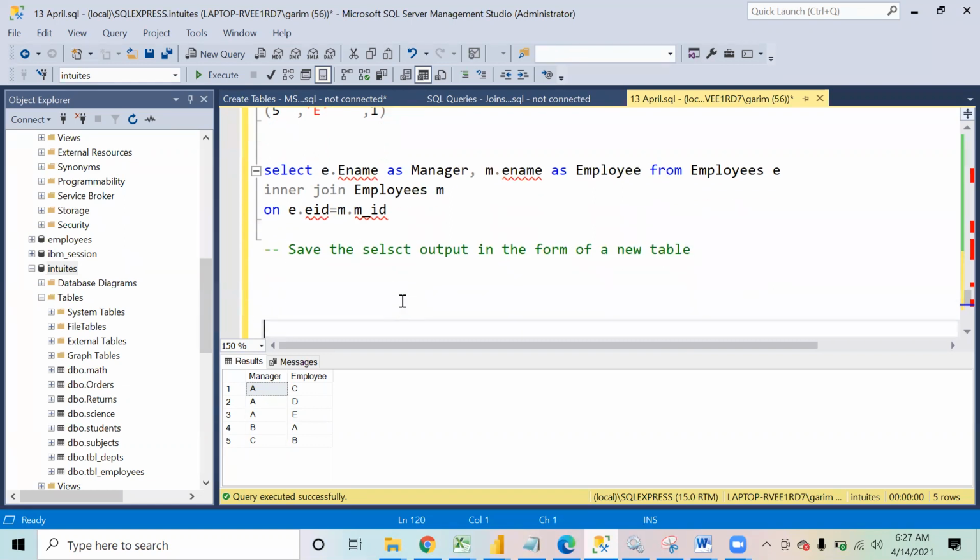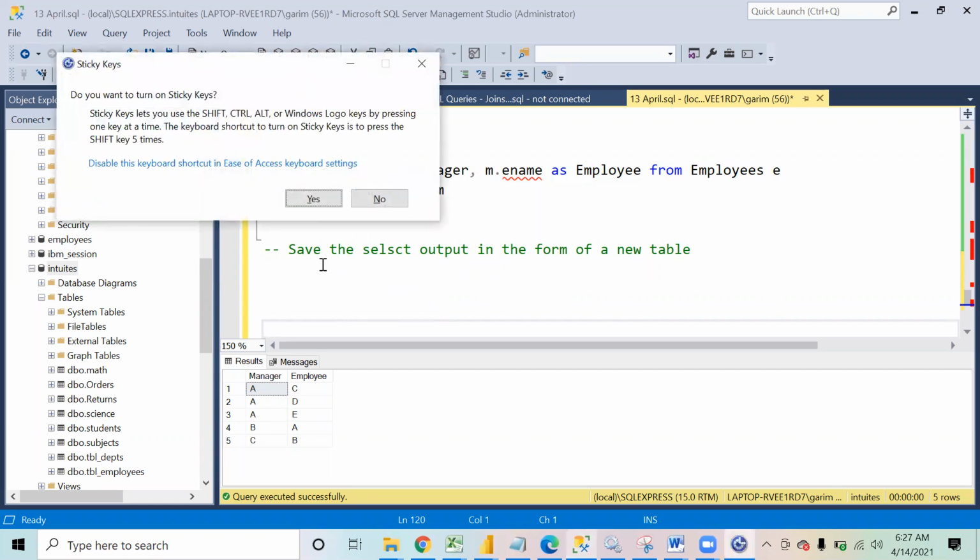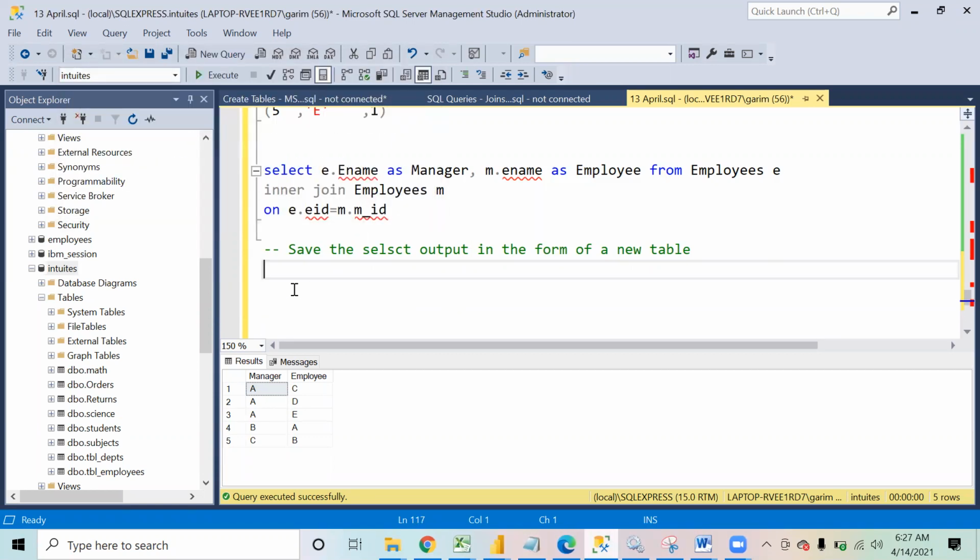For that, we simply use the command that is INTO. It's very simple.